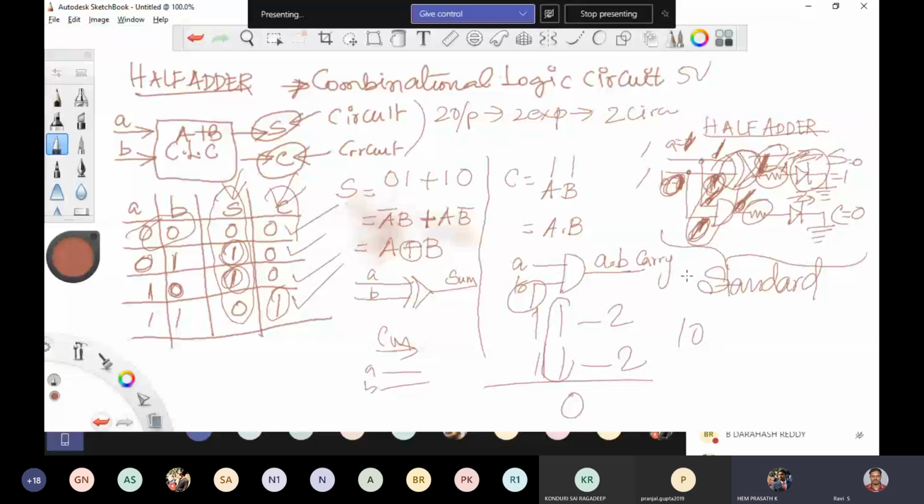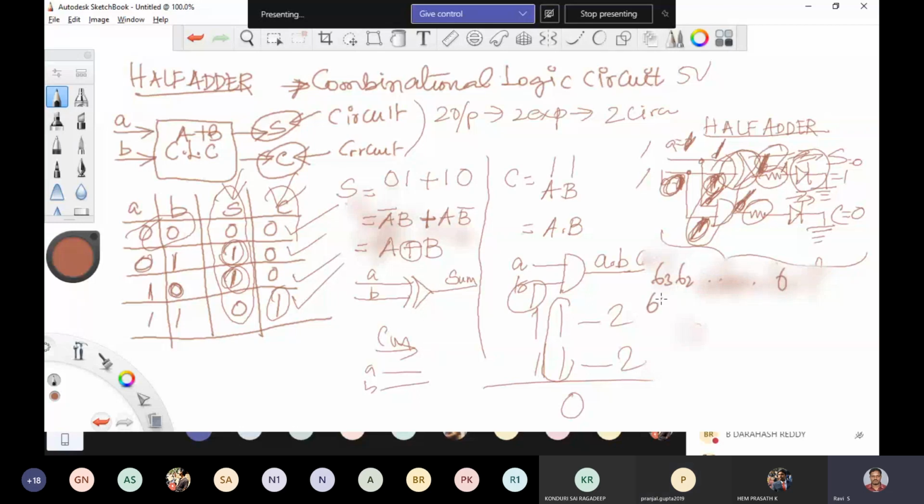See, I have a 64-bit adder. In that 64-bit adder, A is bits 63, 62, down to 0.